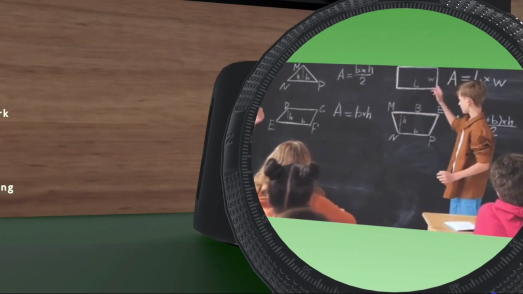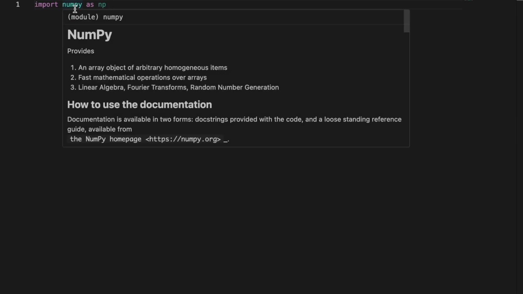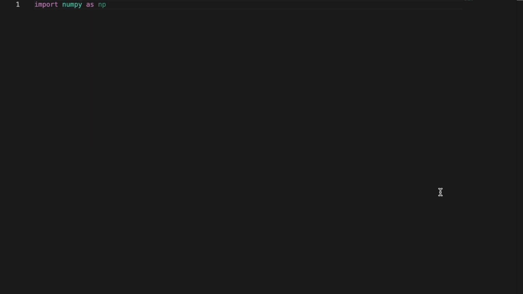predictions. Let's get started. Let's go through each line of the provided Python code that uses NumPy to create a simple neural network with a dense layer followed by a ReLU activation. First, we will import NumPy as np, a library package for scientific computing in Python, and it provides support for large multi-dimensional arrays and matrices along with a large collection of high level mathematical functions to operate